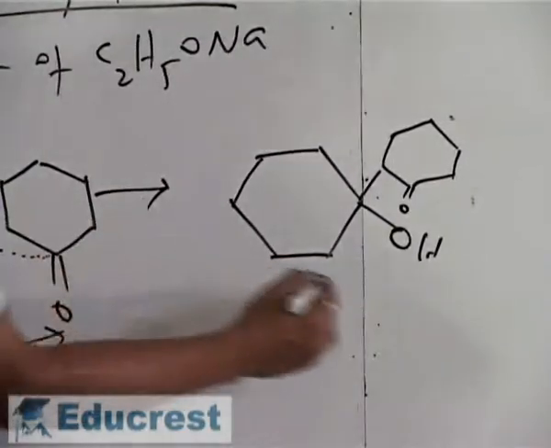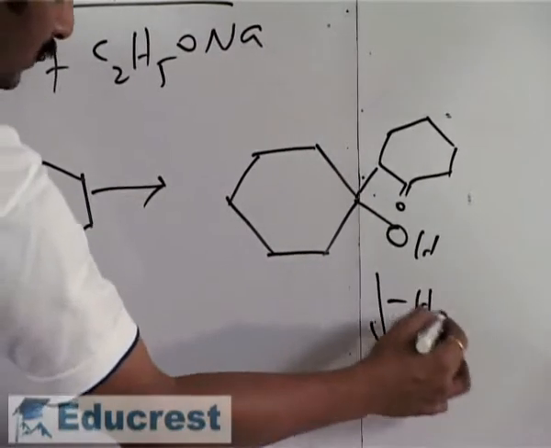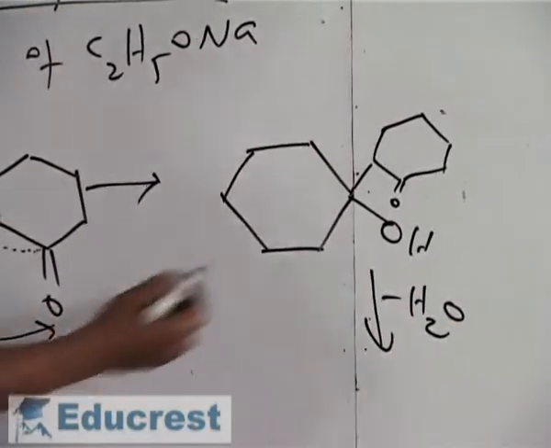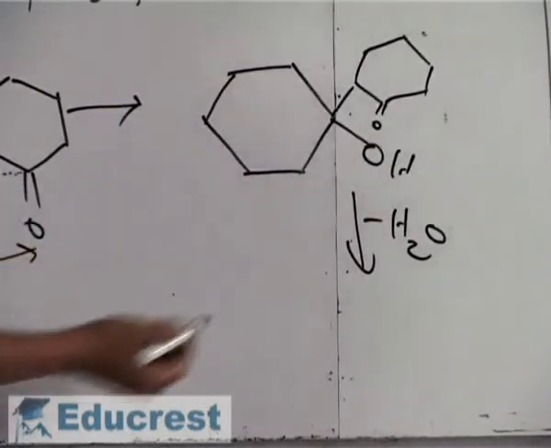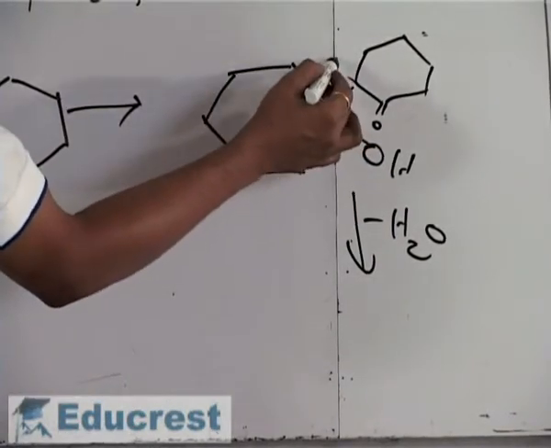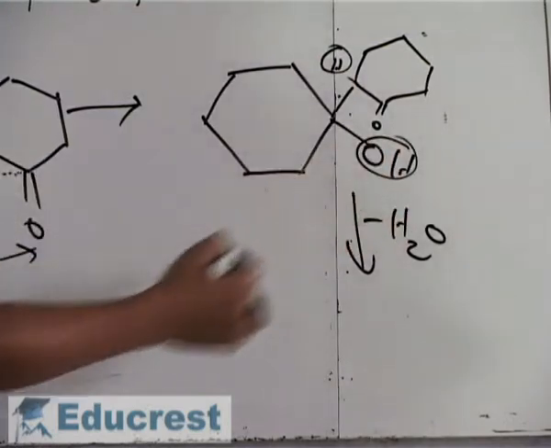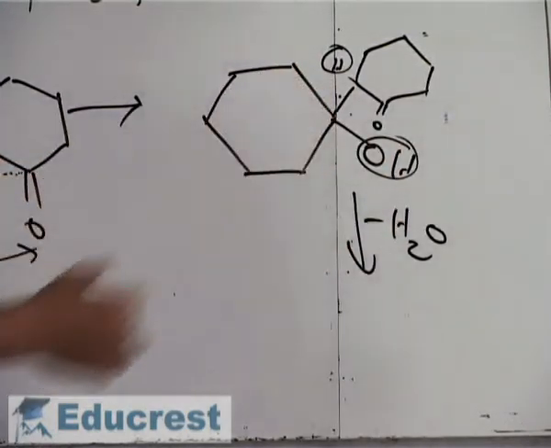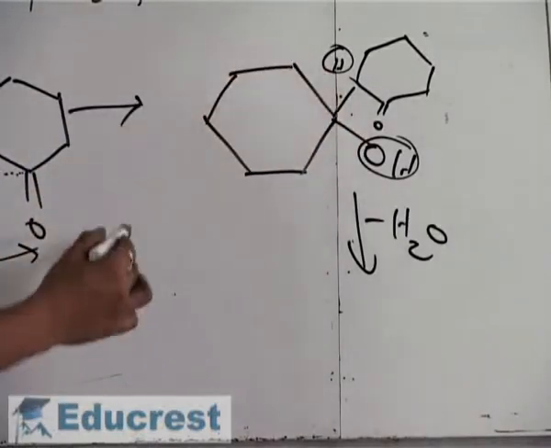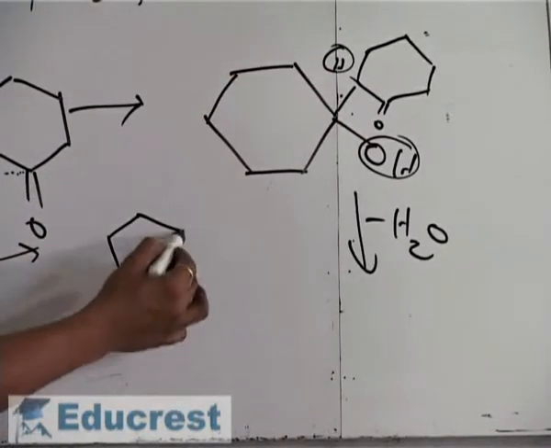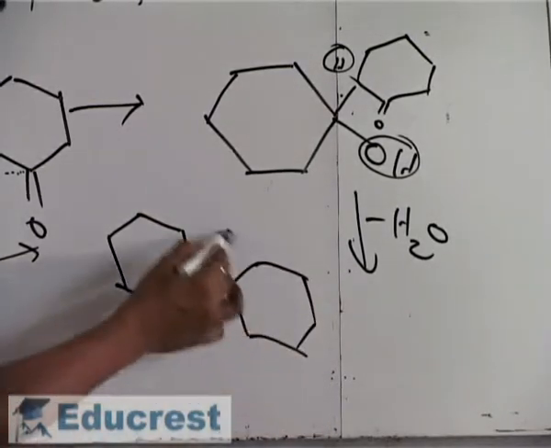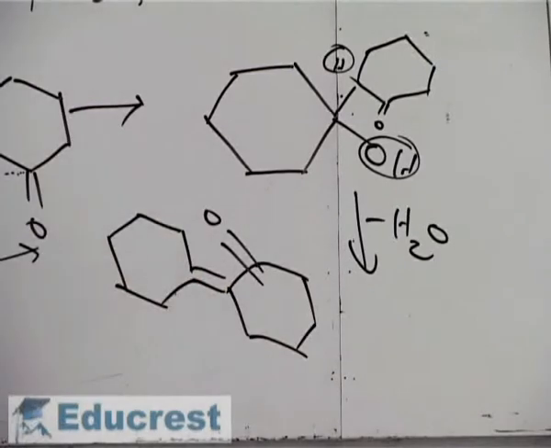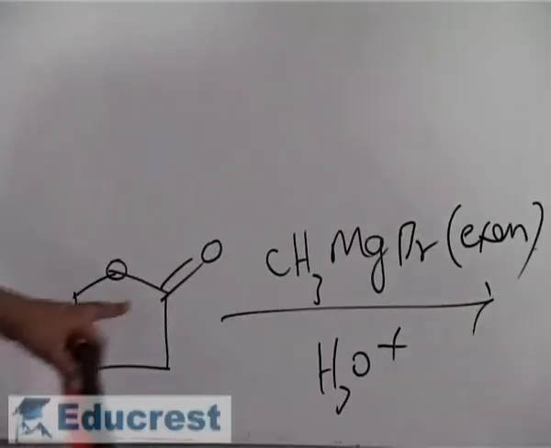Next, this compound on heating loses a water molecule. Now this is OH and one water molecule, that is, hydrogen eliminated, and here you have one hydrogen. This hydrogen and this OH are eliminated. Between those two you will get a bond, and hence this is the final product, and this is nothing but aldol condensation. Next question.